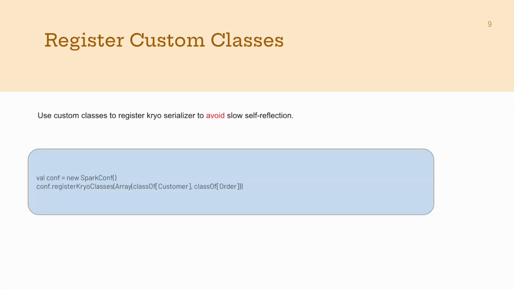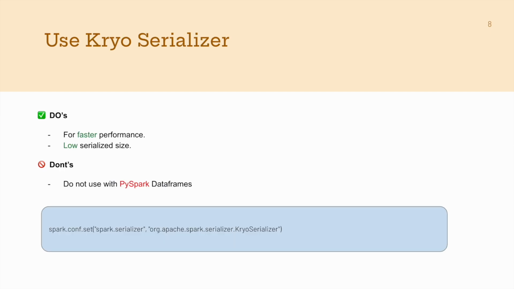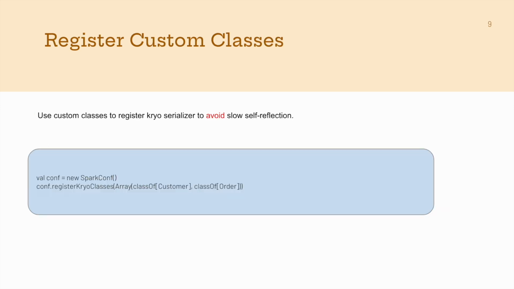Second is register custom classes. When I say use Kryo Serializer, one way you can do it is to enable it in configuration. In this configuration, you just say spark.serializer and then org.apache.spark.serializer.KryoSerializer. That should be enough. But actually what happens